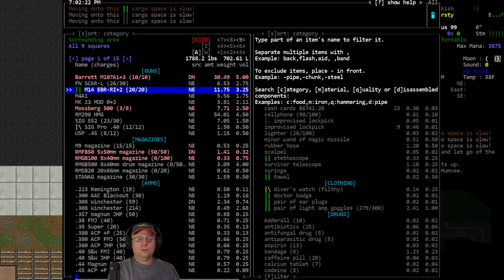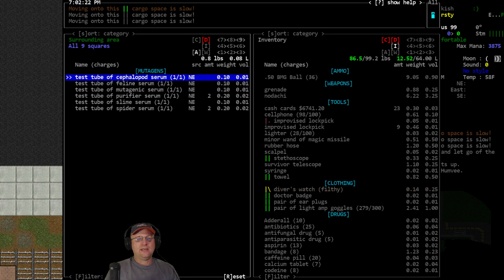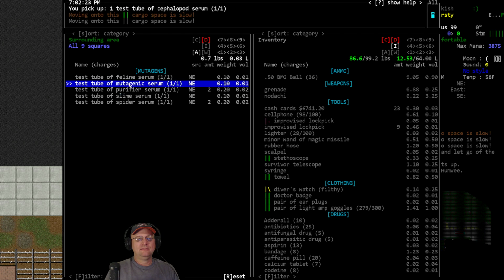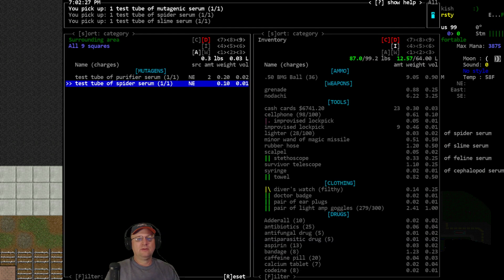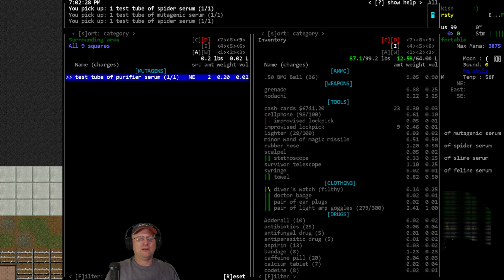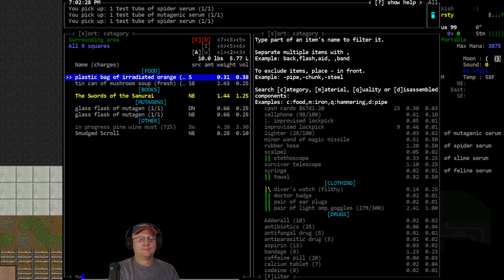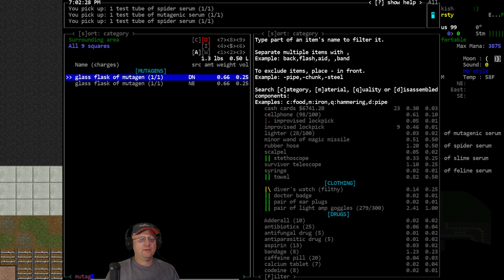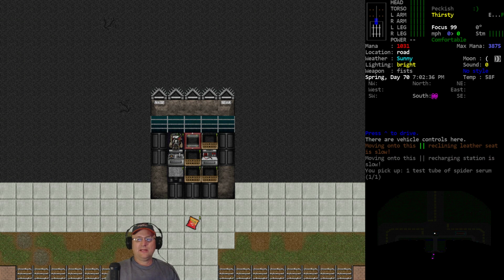Alright, so serums. Oh yeah, we got some good stuff. This might kill me if I try to take all these in one evening. Cephalopod, feline, slime, spider. Oh, we got 2 spider. Yeah, I'll kill myself if I take all of those. We may not get them all down. Yeah, we didn't get any fancy mutagens. I don't care about addiction, of course, so...